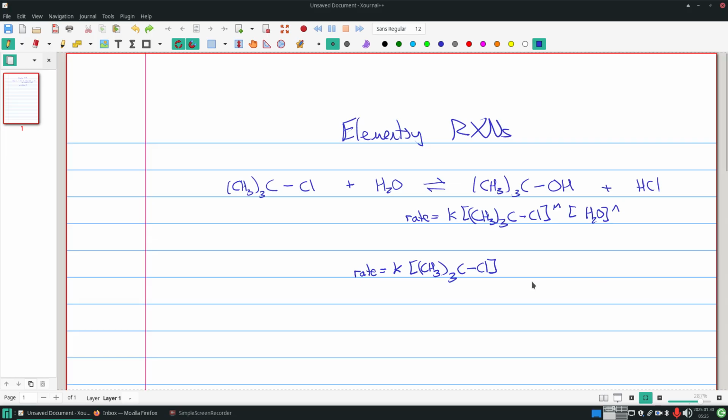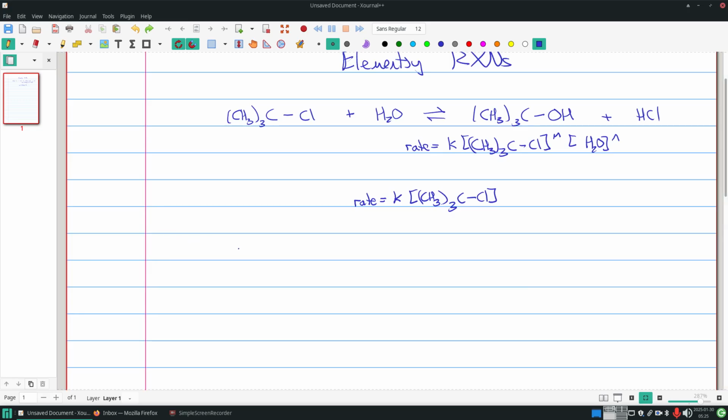We can use the rate law to determine the mechanism for which this reaction goes, and it looks something like this. Now, the purpose of this video is not to show you how we came up with this, just to introduce the concept of elementary reactions. But what's going to happen at first is that chlorine's just going to rip off, take those electrons with it, become negative, and then that cation bumps into the water, and we make another cation,